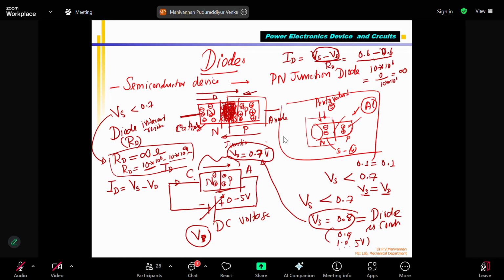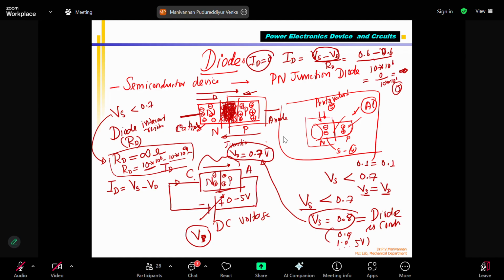Zero divided by anything, 0 divided by something, is 0 only, sir. Yeah, 0. So what will happen? My ID will be equal to 0. That is why we say that when the supply voltage is lesser than 0.7, I say that my